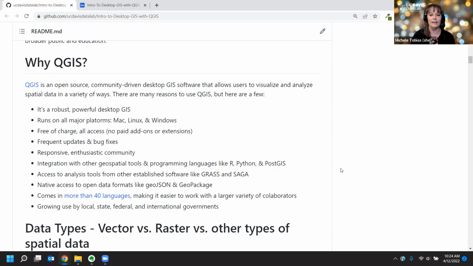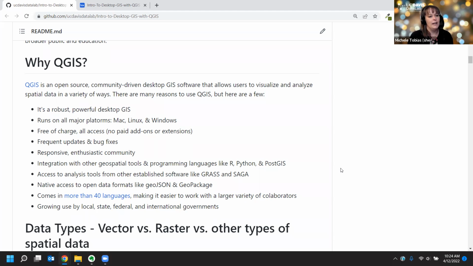That's why I use it. It does everything I need to do. A lot of the reason why I recommend it to other folks on campus is because of that, and also because it runs on so many operating systems. Unlike some of the proprietary software that only runs on Windows, if you work on Mac or Linux, you can still use QGIS because it works on all that. I've actually heard people have installed it on a Chromebook. I haven't tried that, but apparently it's possible. So if that gives you an idea of the versatility of this software,